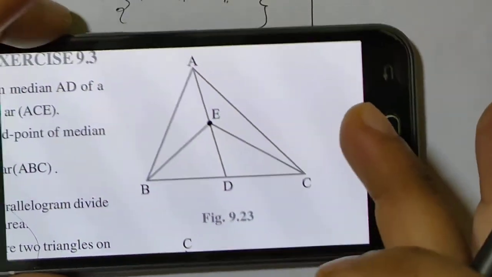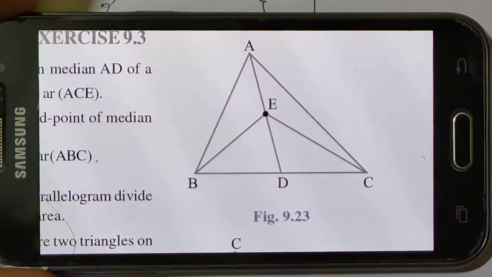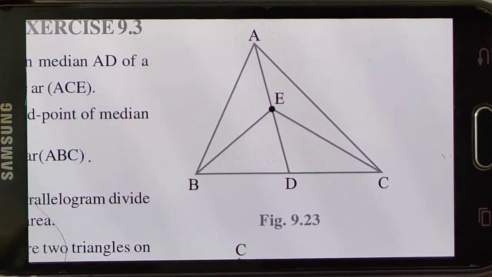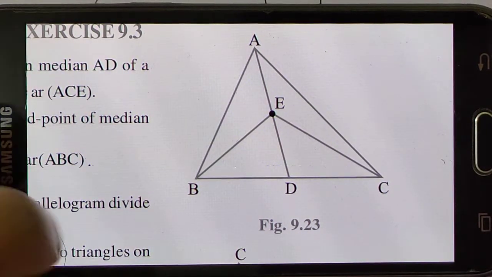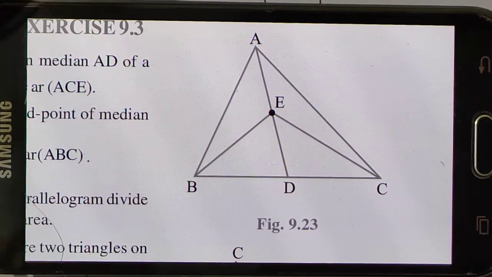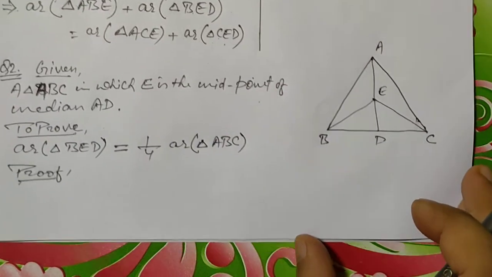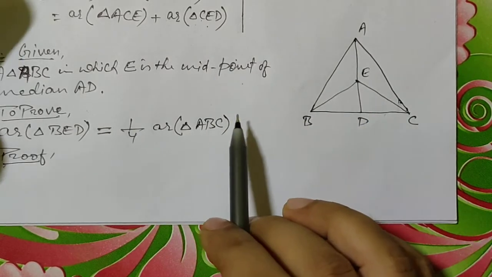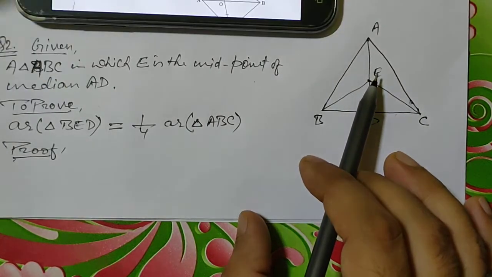Now I think I need to solve it for you, so that you can understand the things very easily. So I'm going to solve this question also for you, and then for the rest of the questions we can do verbal discussions, because once I solve this type of question, you will understand. Okay, so let me solve this. I'm going to start the solution. Again, to save some time, I have already drawn the picture and written the given and to prove part. We have already discussed these things, so I'm just starting the proof section now.